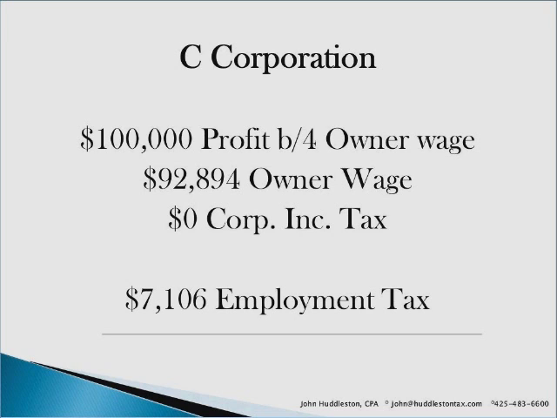In the next example, we're again going to look at a C corporation, but we're going to use a little bit different strategy in getting the earnings to the owner. Instead of paying a dividend, we're going to pay the owner a wage. We're not able to pay out the entire $100,000 as wage because there are employment taxes involved on the wage, of course. So the most we could pay out to the owner is just under $93,000 because the rest of it has to be paid